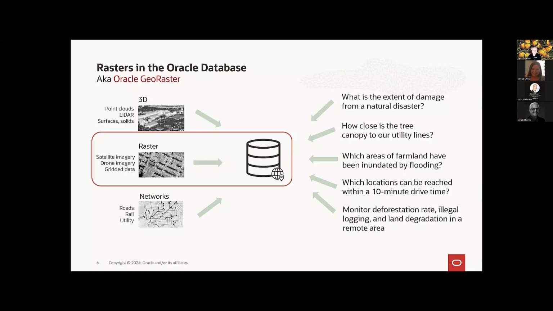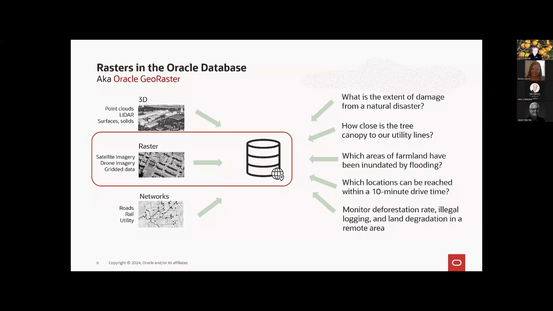We store them in the Oracle database, where we have support for a specific raster data type, the GeoRaster data type. Along with it, there are different operations and functions to work with raster data,